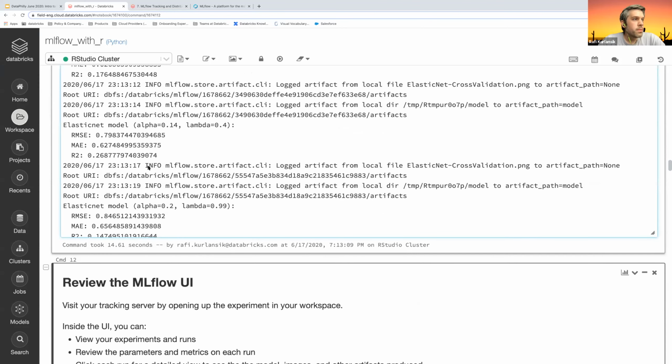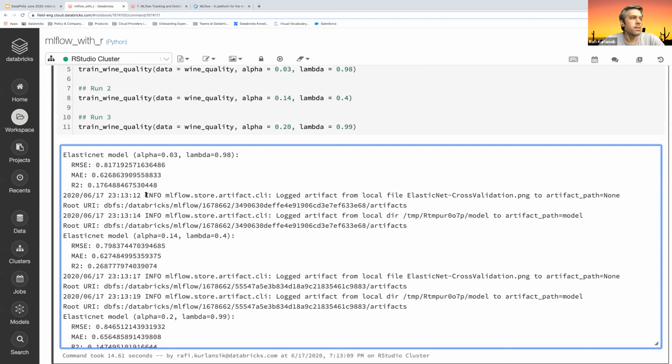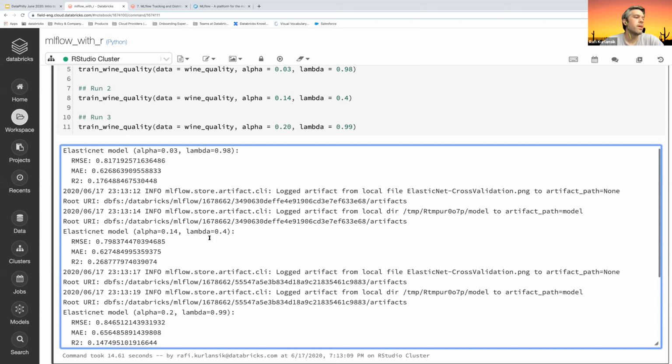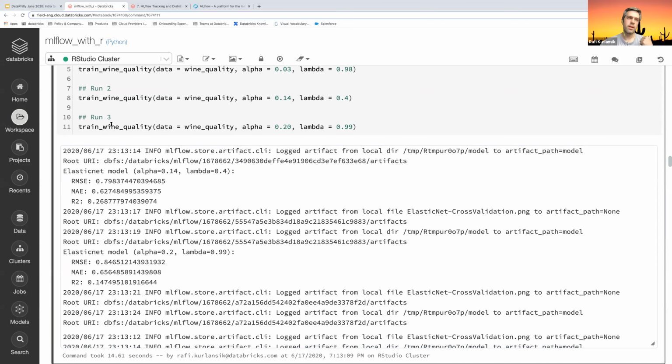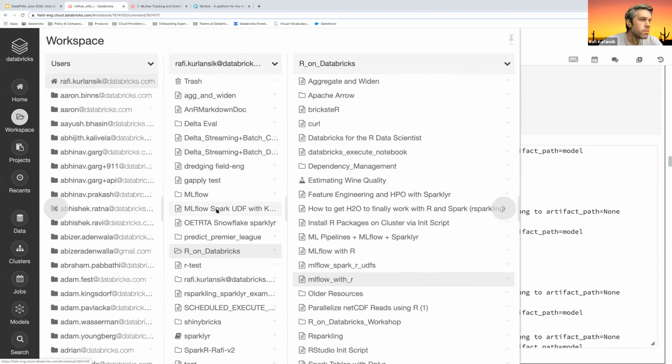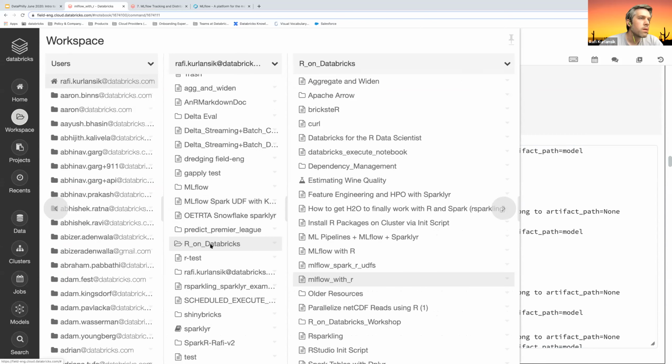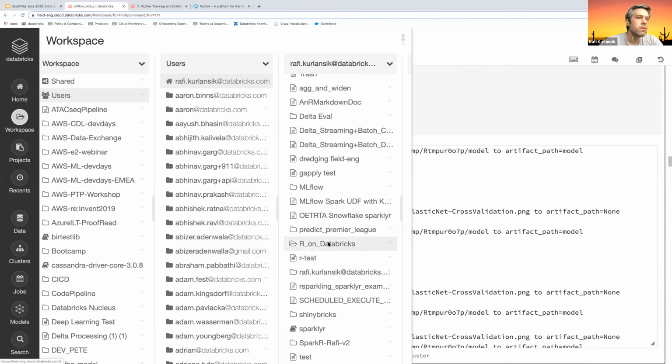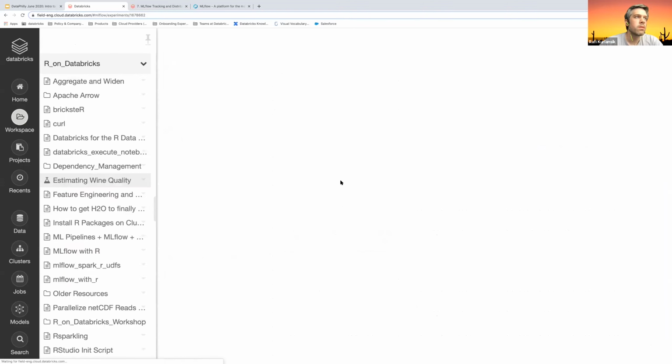Okay, so we're getting some messages printed to the console here, and it's telling us that we've logged these artifacts to this path on Databricks. Okay, great, looks good. Now let's actually go take a look at the tracking server and find out where all this information went. Okay, so let me come over here. All right, so this is MLflow hosted on Databricks, but when you install